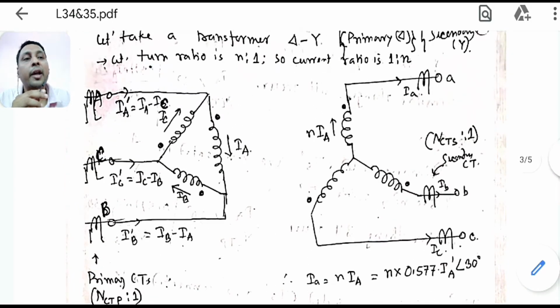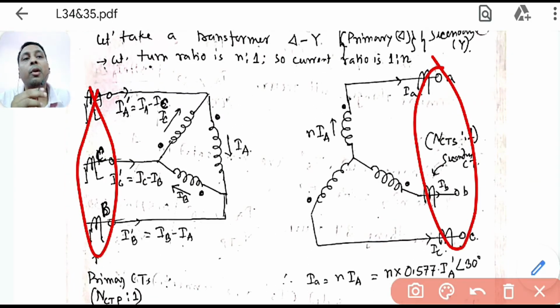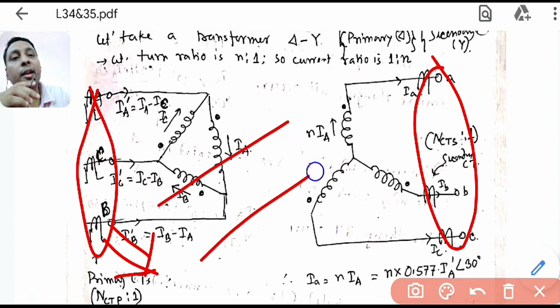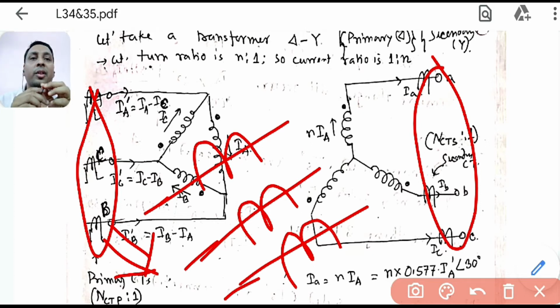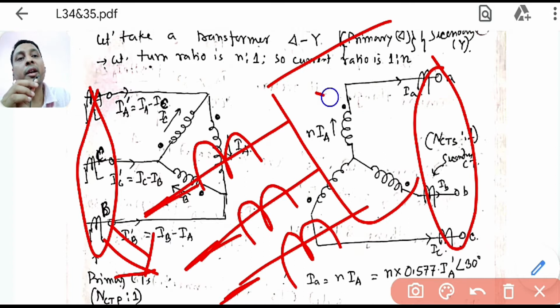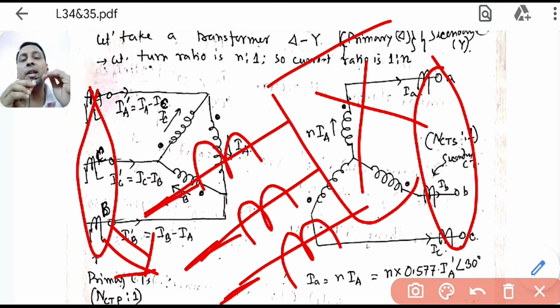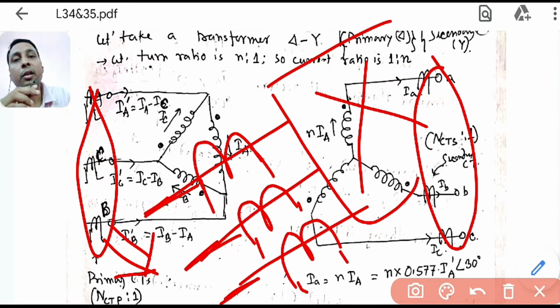Now there are different cases of how we will connect these CTs. One thing you should be very clear about: if I am talking about this CT, there are three lines. The primaries of these CTs are these lines. You should think that these primaries are connected in a simple star, one line going, one line going, one line going. What is happening outside, you don't think about; it can be connected in star or whatever it is. But for these CTs, the primaries are this.